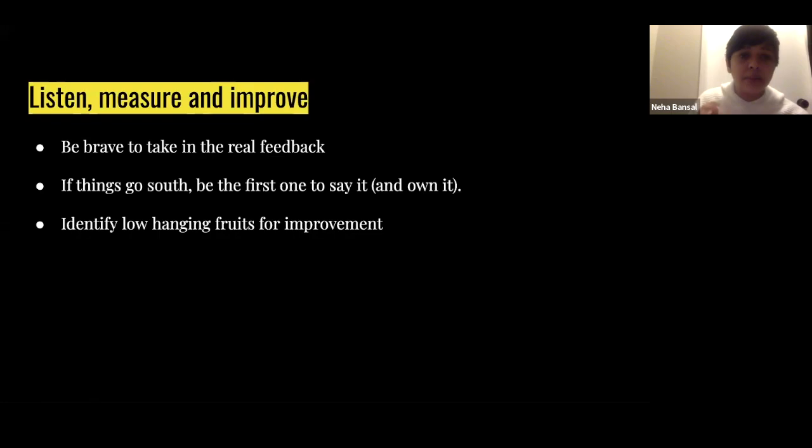So next is, yeah, once you have rolled out your feature, this is the final stage where you are listening to feedback from your users, you're measuring the performance of the feature that you launched, and also helping improve it. First thing, you have to be brave to take in real feedback. So something that you have worked on for months and you rolled out, I feel like initially I had developed this